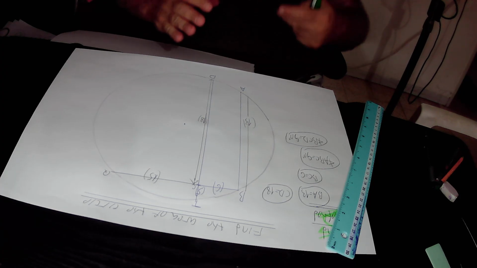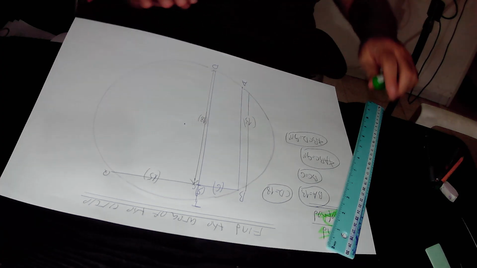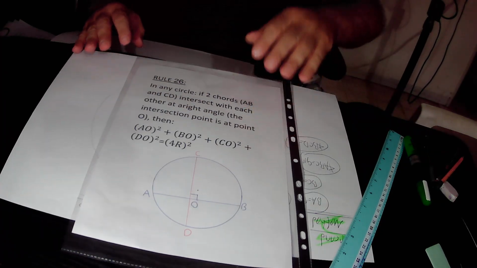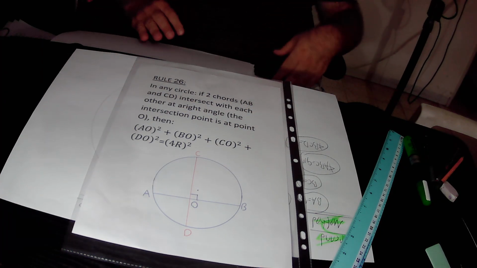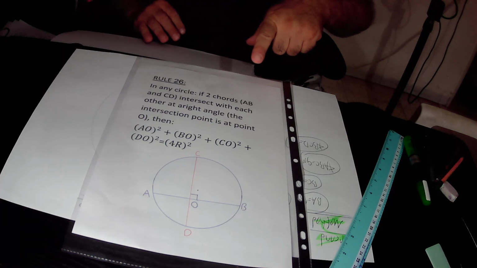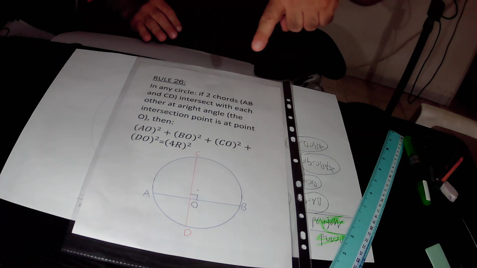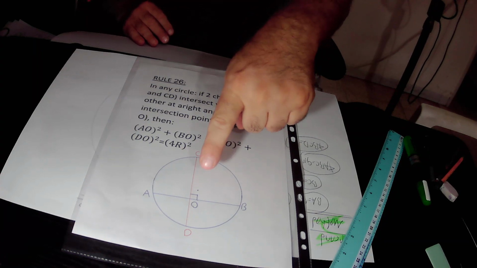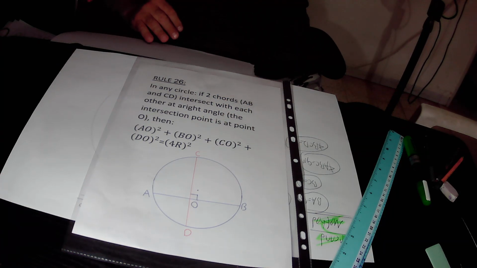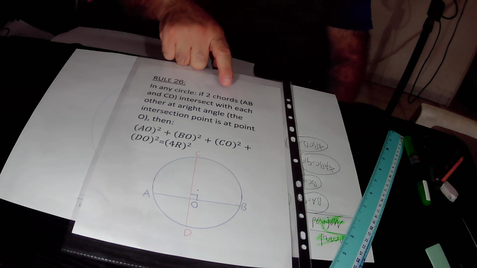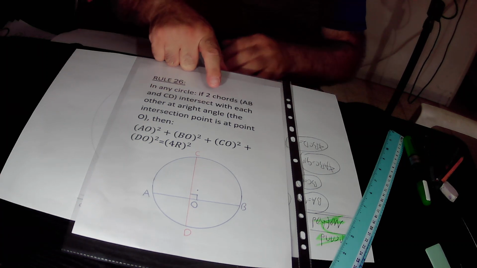So here we can implement rule 26. Repeat quickly rule 26. According to rule 26, it is true in any circle: in any circle, if two chords AB and CD intersect with each other at point O, then the following equation holds. Again, in any circle, if two chords AB and CD intersect with each other at a